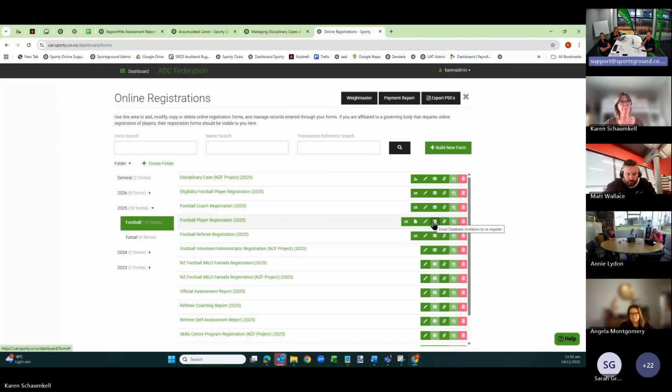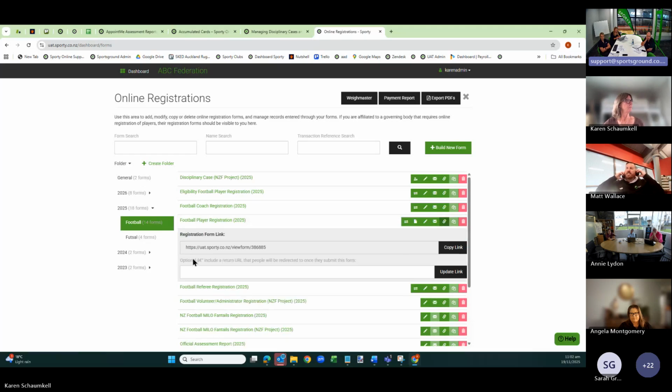Next to that little mail icon is a little link icon. If you click to expand that, Karen, that just provides a link to a form that you can put on your website or in your social media. Any new referees that have indicated that they want to be registered as an official referee for your federation can complete a blank form if this is their first time that they wish to register.